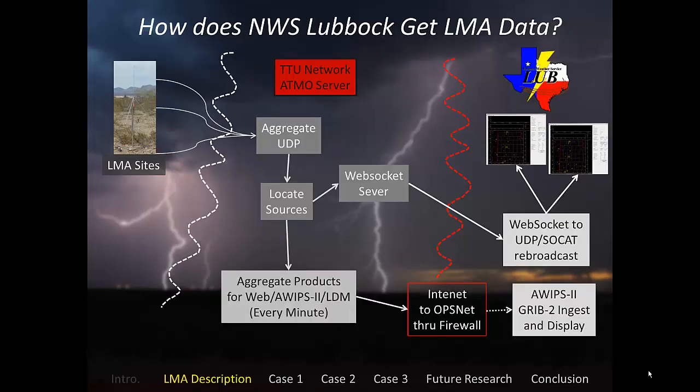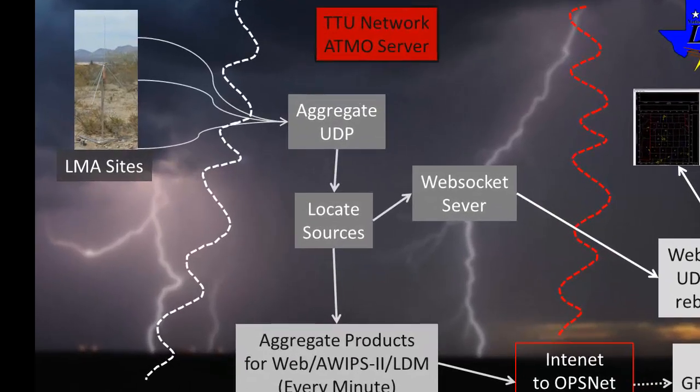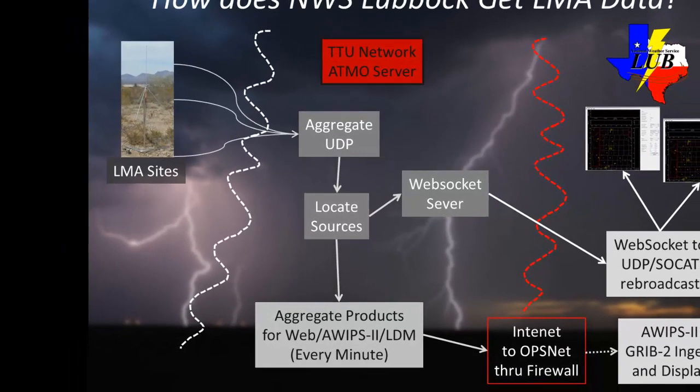So how exactly do we get the LMA data? Well, Texas Tech has deployed the sensor network across the central part of our county warning area, and that's about 11 to 12 sites that collect the data and send the information via cell phone modem back to Texas Tech. It goes into their network. They use the computer to locate all the sources, and then there are two ways from there that the data starts to get shipped out. The first way that we've been using it for the last 3 years is that it